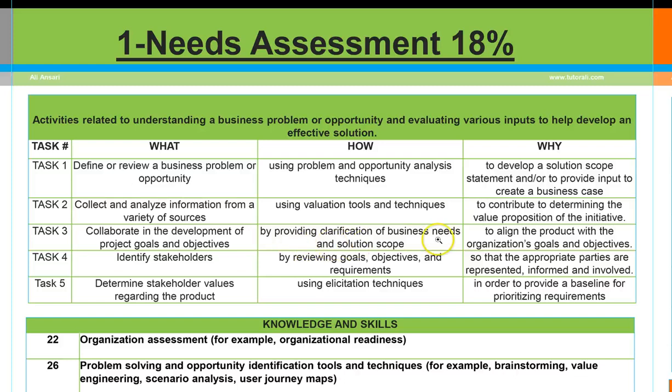Why do we do this? To align the product with the organization's goals and objectives. So now we know that anything we are doing with the project has to be aligned with the organization's goals and objectives. Task 4 that we are doing in this domain is identifying the stakeholders, and we do that by reviewing goals, objectives, and requirements. Why we need to do this is so that the appropriate parties are represented, informed, and